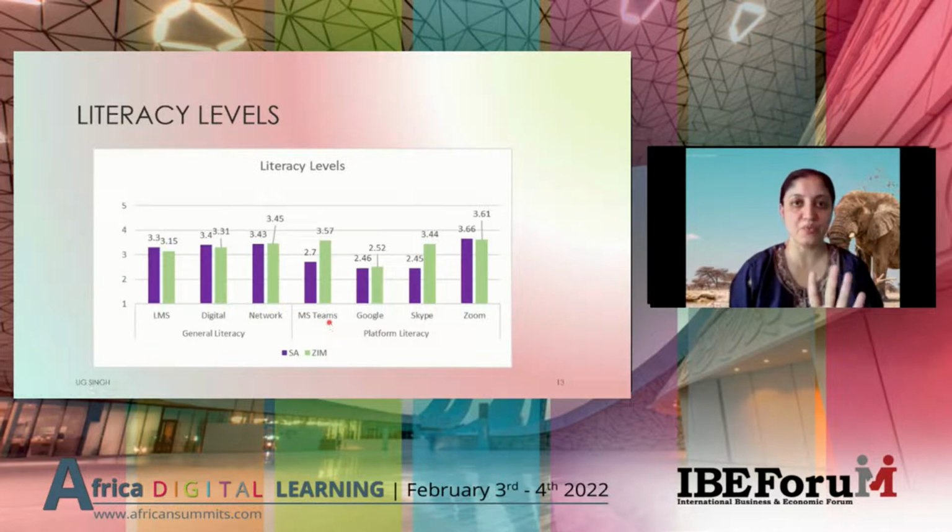And here we looked at four main platforms which are being used. That's Teams, Google, Skype, and Zoom. And as you can see, Teams and Zoom were probably the ones that they were most comfortable in. And those were the ones which were used by the institutions. Initially, Zoom was used a lot, but Teams also started being used quite a bit during the online sessions. Okay. Then you can see they looked at Google and Skype, and Skype was not really used in many institutions in South Africa, but in the Zimbabwean region, Skype was used for the online environment.